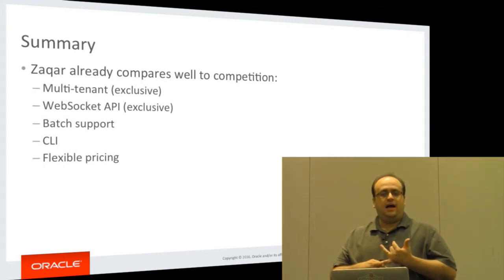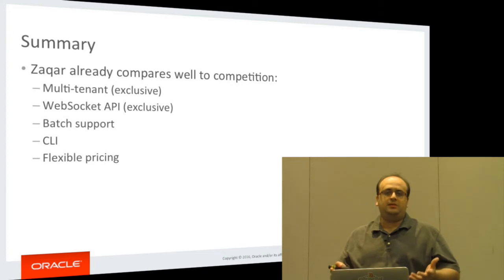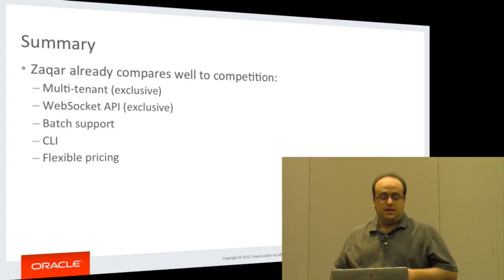It has a CLI. I mean, every once in a while we see people in the OpenStack community complaining about the CLIs, but we don't realize that they're not there for other clouds and for other cloud services out there, and they make life much easier. And there's also the option for flexible pricing. I mean, having your messaging service behind the firewall gives you possibilities that you don't have in the public cloud.